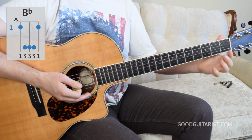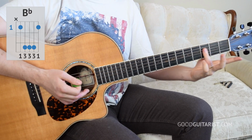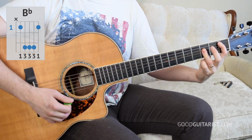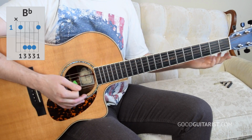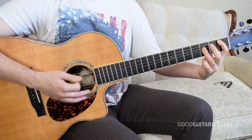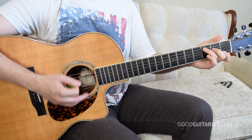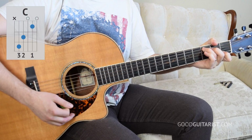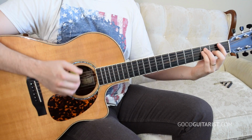So the B flat chord actually comes from the A shape. We just play the A shape with this finger, go up 1 fret, and you don't really need to get the highest string. I mean, you can if you really push hard, but that's totally fine. So we have F, B flat, and then a C chord, just a plain old C chord. And if I do this with the strumming pattern,